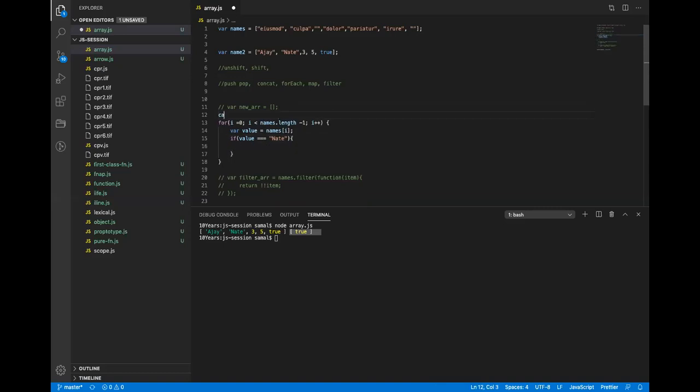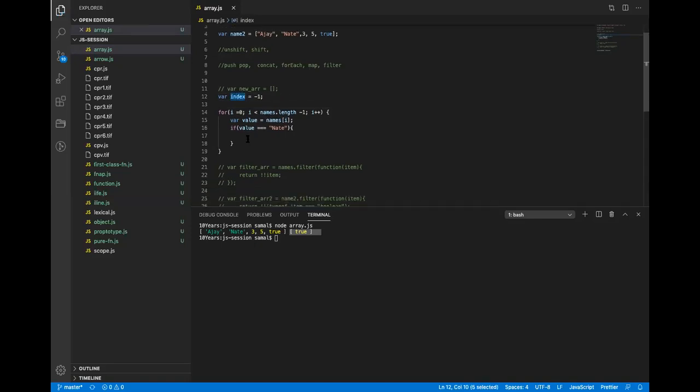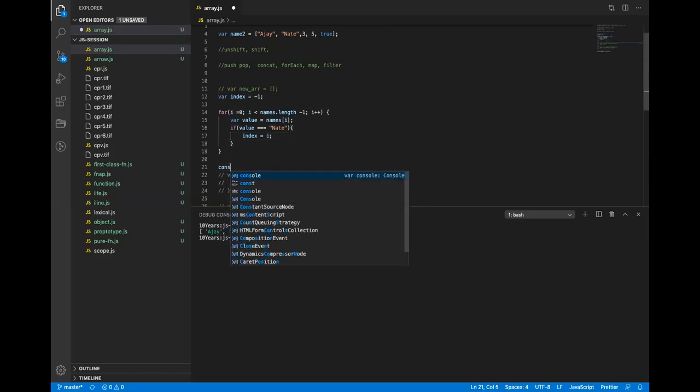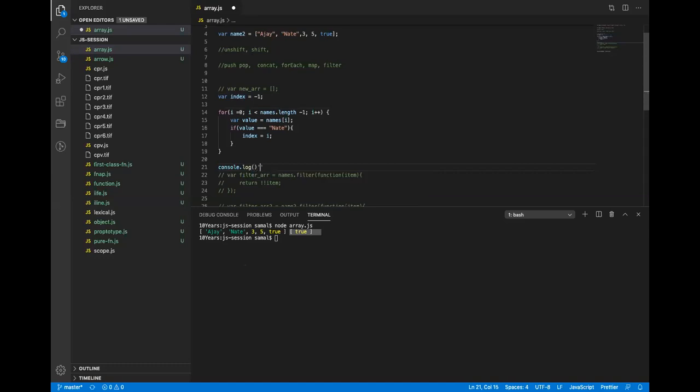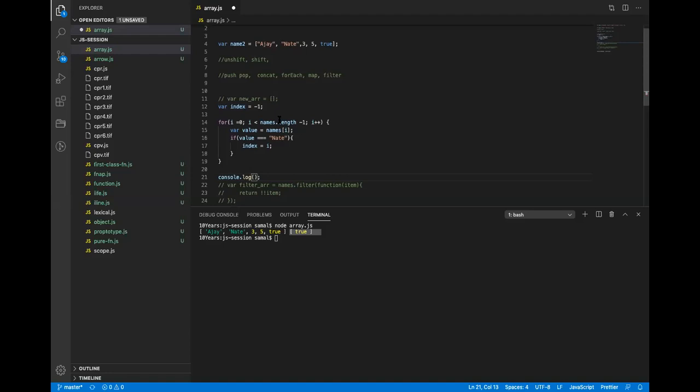Let's say you say var index equals to undefined. By default, let's say I'm putting it -1. Okay. And now, if it matches, I will say index equals to i. Now, if I console this, by looking at this, you will be able to identify Nate is at index number 1, right?